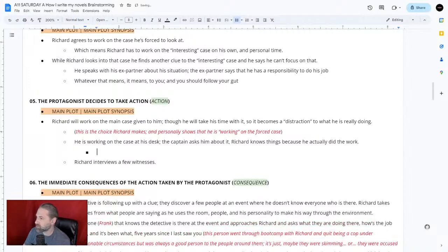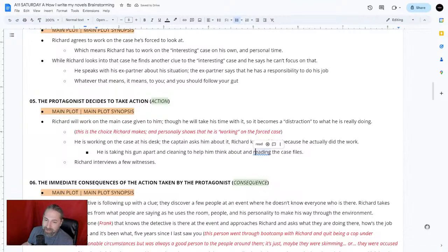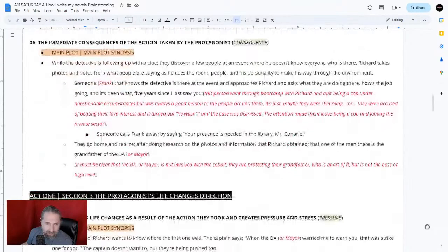Okay, so this will be interesting. While he's working at his desk, he is taking his gun apart and cleaning it to help him think about the case. So we learn that, now that's the second seed. Well, he had knowledge about the gun. Now he's showing physical knowledge that he knows how to take the gun apart, clean it, and put it together, while thinking about the case, reading the case files. So we're establishing that he has some sort of knowledge and understanding of the gun, both mentally first and now physically. And then when we get to